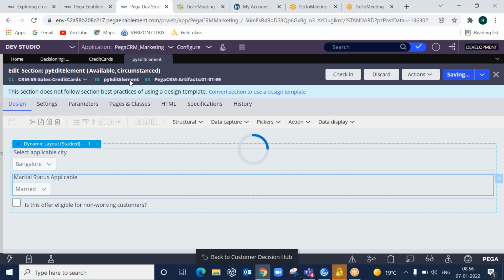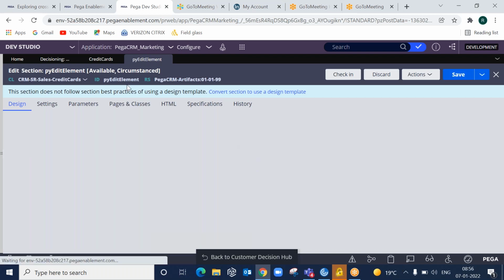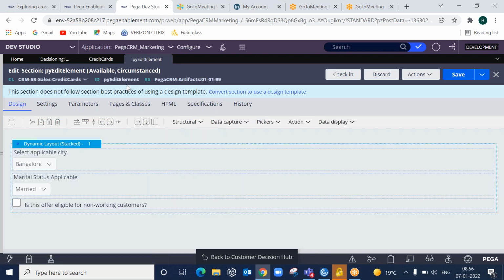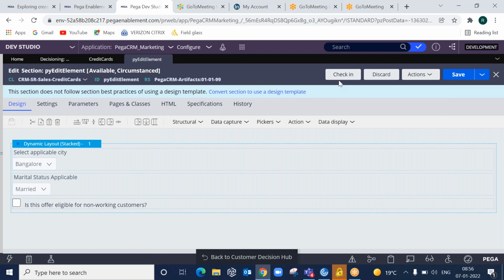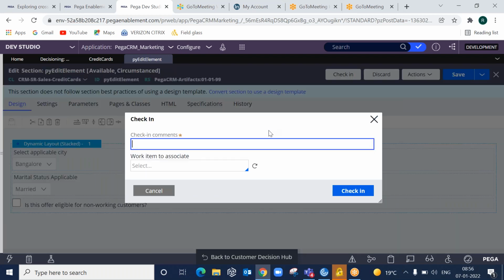So this section is always same, so please remember it. Depending on the group that you select, the circumstance value will be changing, but the name of the section is py edit element, which is used for creating custom decision data attributes. So I'll just say added custom controls.